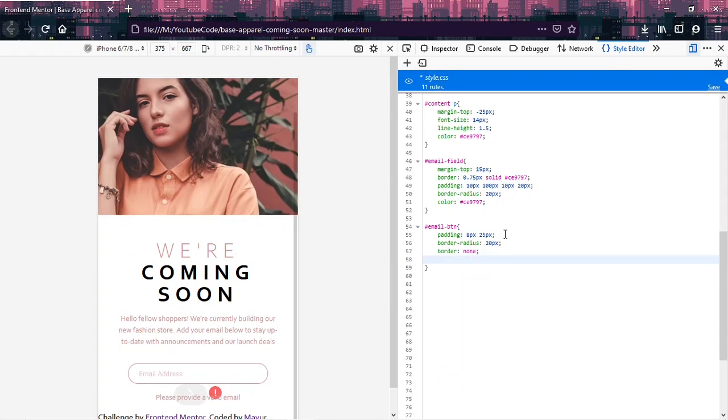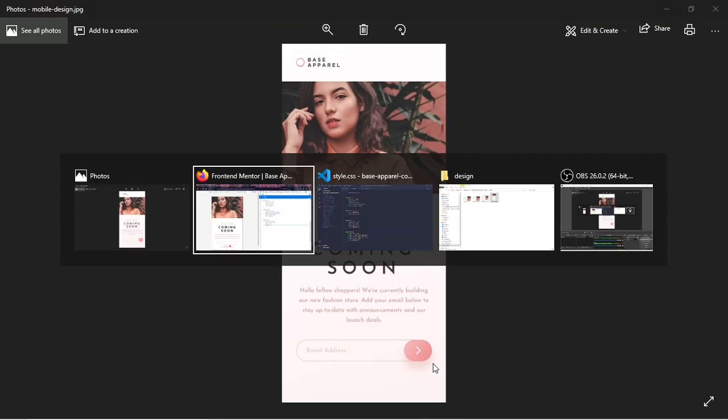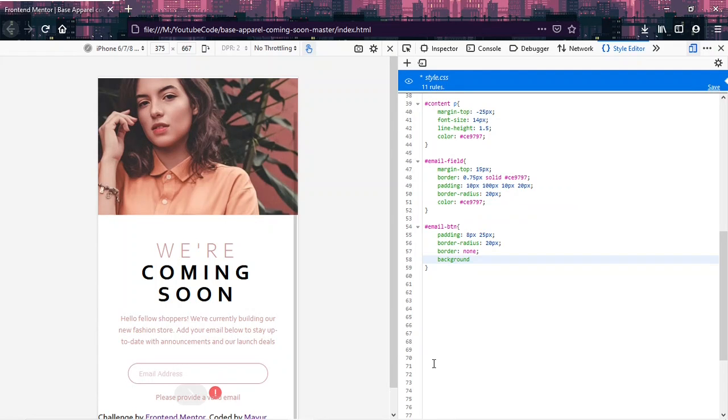So let me first of all give it a background. What is the background? Okay, if you observe closely, this is not a solid color. This is a gradient that they have given. They've mentioned that gradient in the style guide. So I will use a background image. Remember, you have to use the background image property to give gradients. Linear gradient, 135 degree, and then the colors that they have asked us to use are HSL